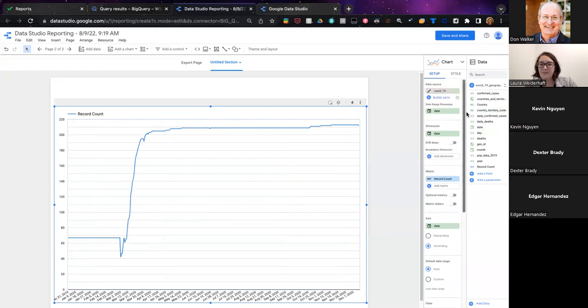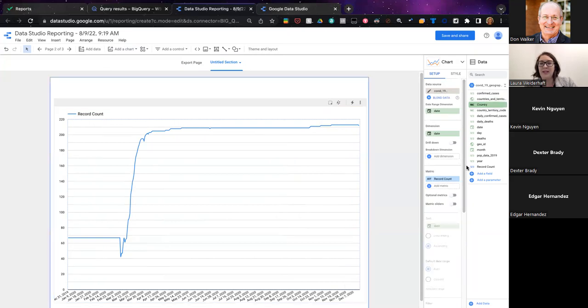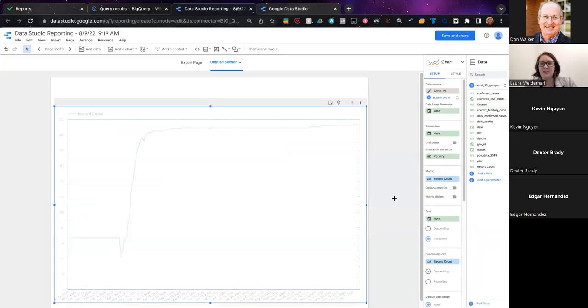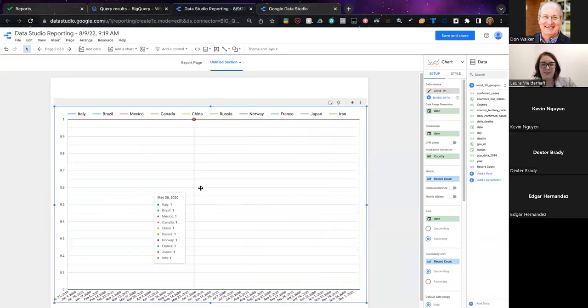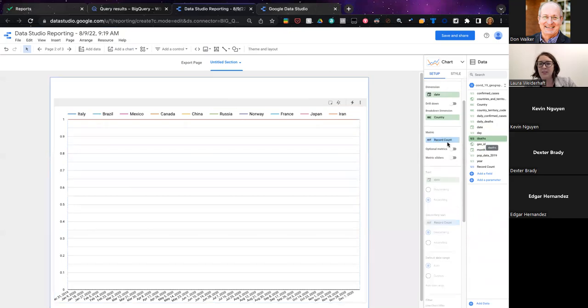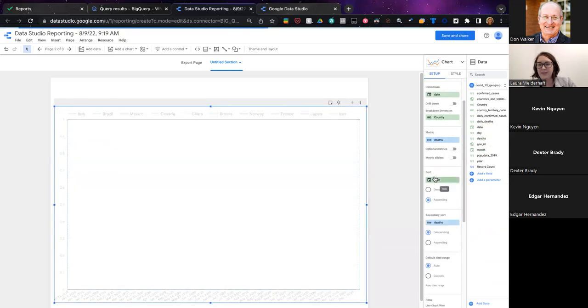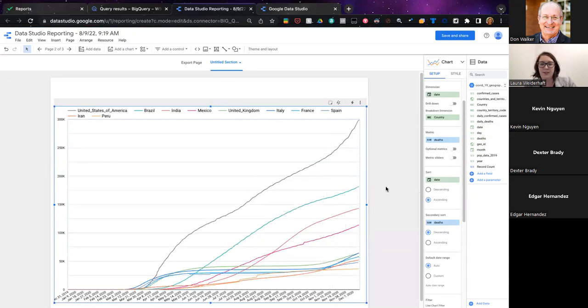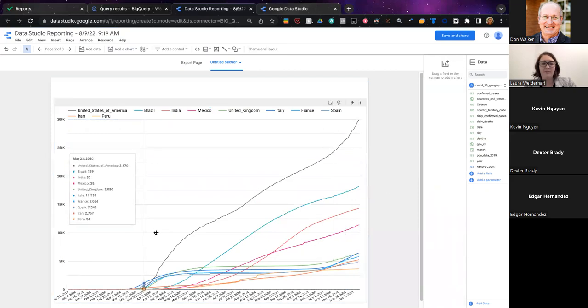And then one thing I would want to do is break out this trend line by country. So there's a lot of different countries here. And now that I'm looking at the metric record count, I need to actually put in deaths.